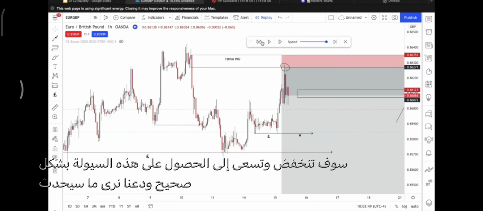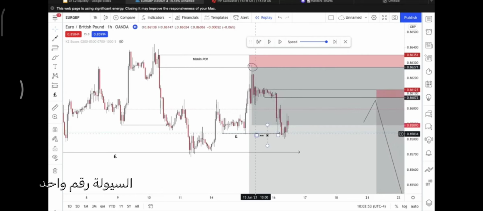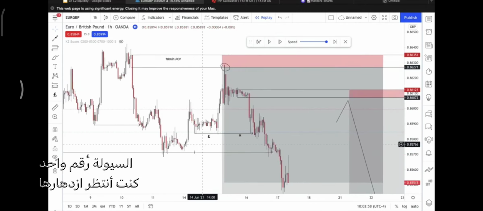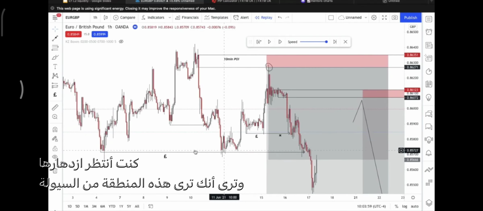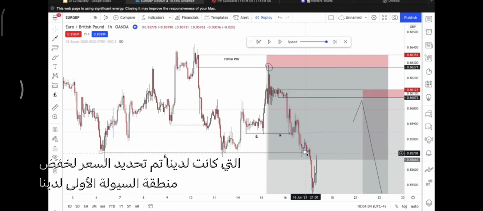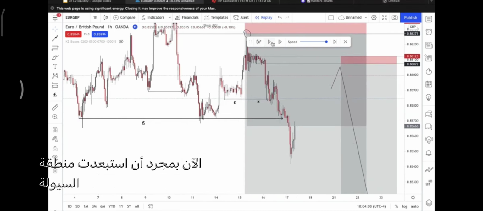And let's see what happens. Liquidity number 1, taken out. Let's wait for it. Boom. And you see this area of liquidity that we had marked out? Price took out our first area of liquidity, and now it's taken out this second area of liquidity. Now, once it took out that area of liquidity,